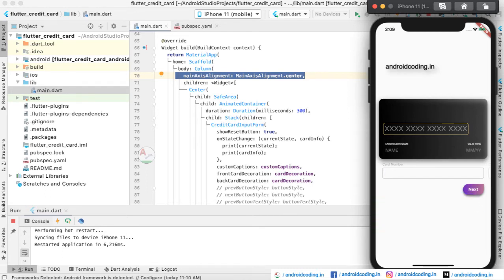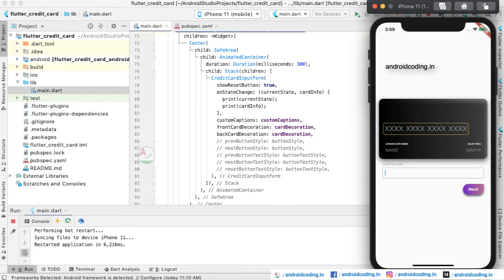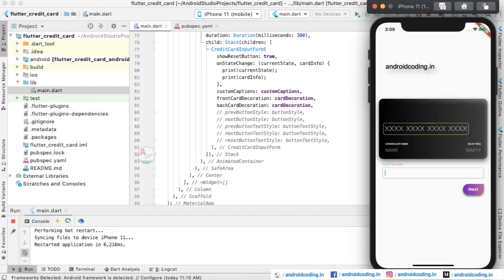And here we have provided the credit card input form. This is the input form through which the user provides the details, and you may later on use these details to make a successful transaction. So here you may print the details, like what is the current state and card information, and later on you can use these things in your transaction process.